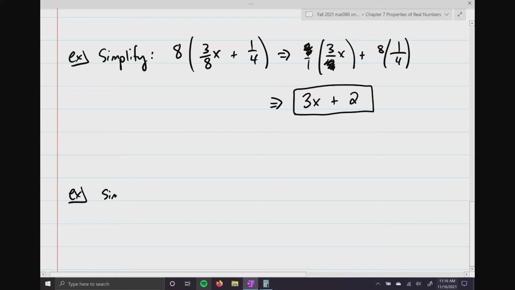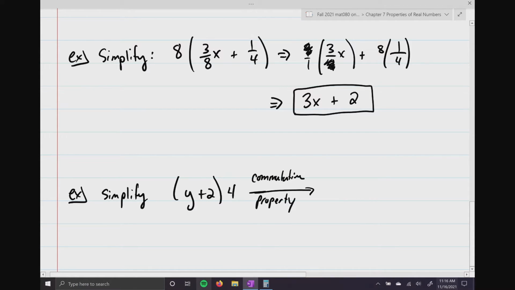We're going to simplify the quantity y plus 2 times 4. Now, in this situation, notice that the number is no longer out front. It's all the way on the right-hand side. Like traditionally, we like it over here. Okay? But according to the commutative property of multiplication, which we learned in the previous section, I'm just going to write commutative property here. According to that commutative property, the quantity y plus 2 times 4 is the same exact thing as 4 times the quantity of y plus 2. So if you wanted to, you could take this extra step, apply your commutative property just to rewrite the problem, and now we can go ahead and distribute to give us 4y